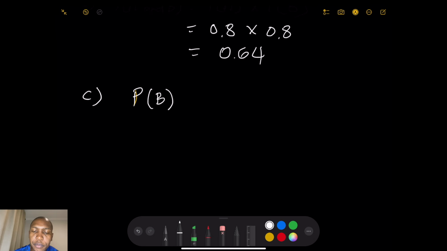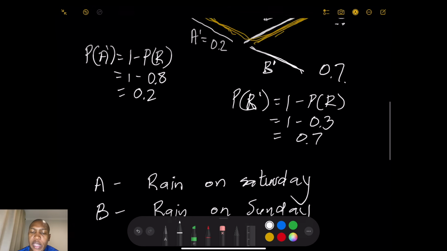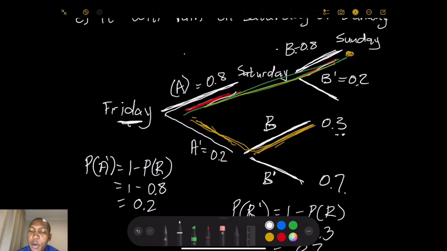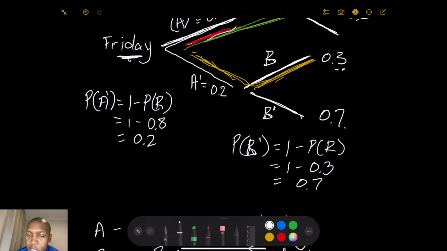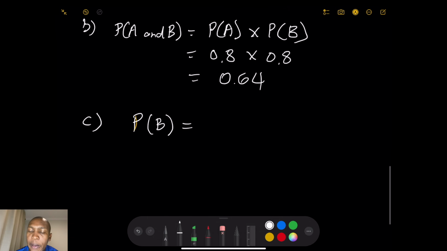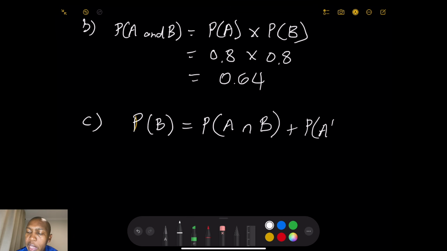So we are looking at the probability of B, and as we said, that would be the probability of A and B, and the probability of not A, meaning that it does not rain on Saturday, but it rains on Sunday. So that would be the probability of A and B, plus the probability of not A